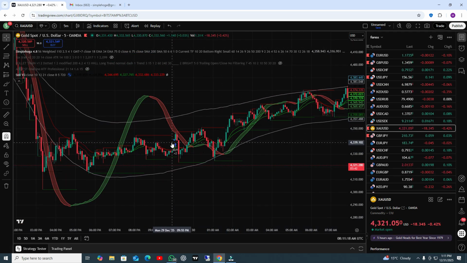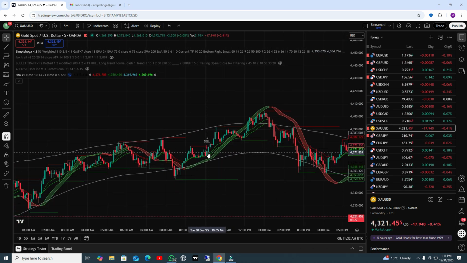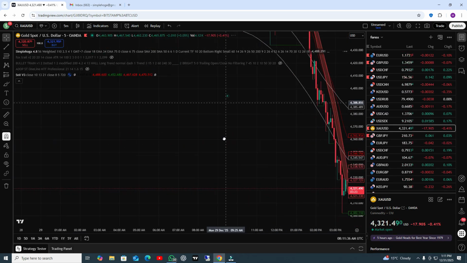Here you can see you got the buy position. You need to open your buy position at this point, this candle. Put your stop loss here and take profit like this one. This is your buy position again, and close the trade when you got the sell signal. That's it. Simple, very simple. Okay, let's find out.